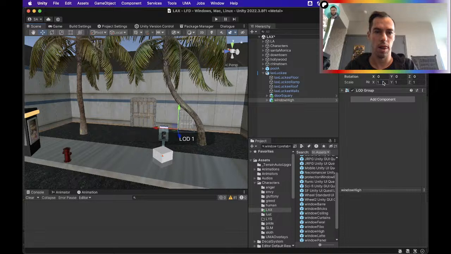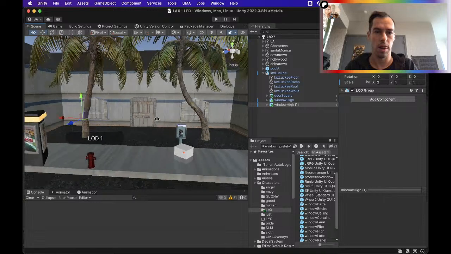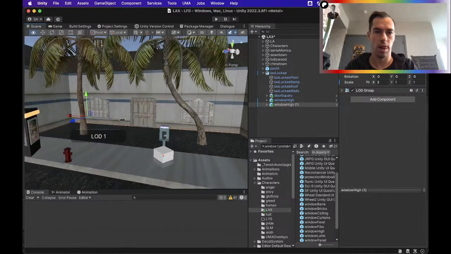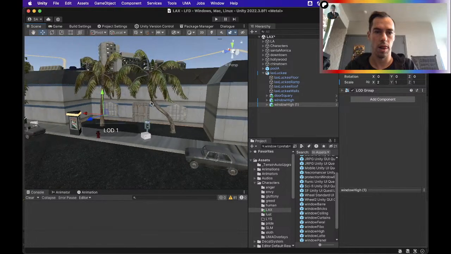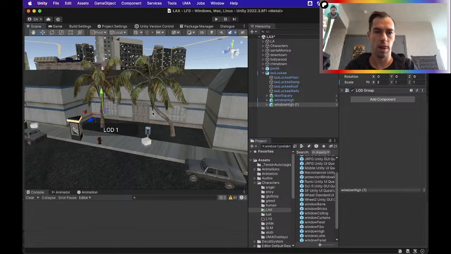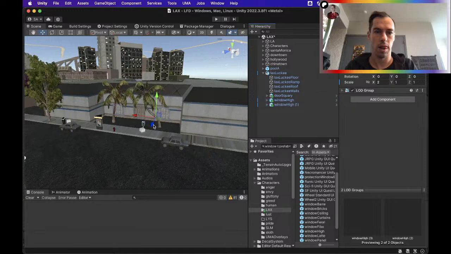But I'm gonna make it wider. Bam. It's kind of too big on the x-axis. What's that? But for now it will do. I might do a duplicate and